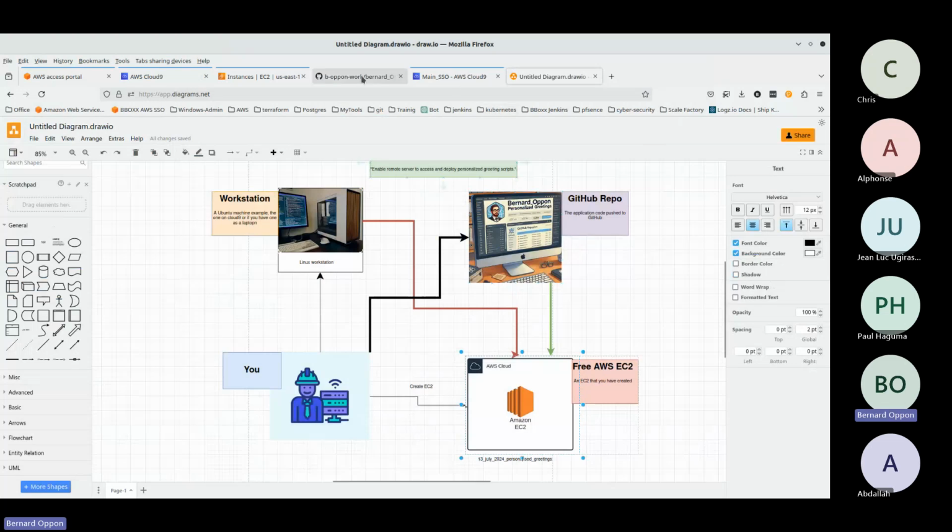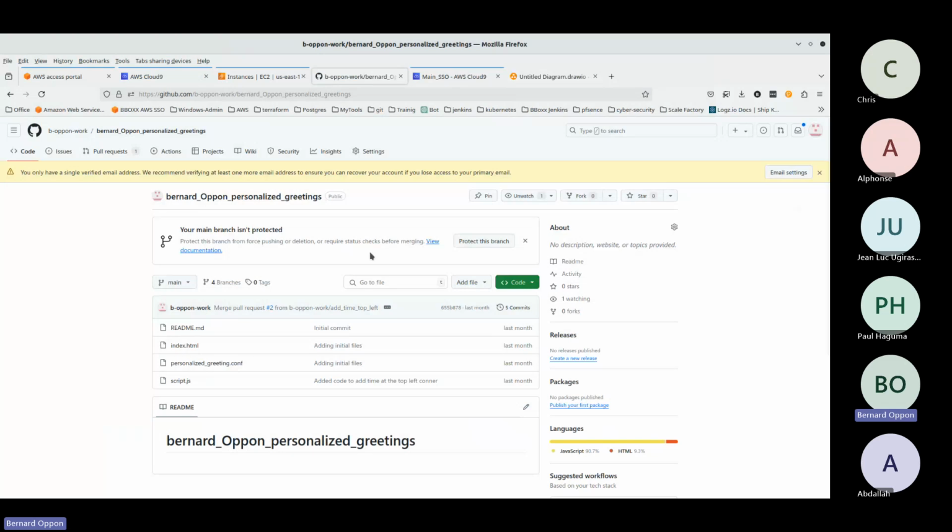The fact that you see it from here, this is the front end. It's just a machine, a Linux machine sitting somewhere running an application to let you see all of this. So what we're going to do is connect to it and pull this code. Now, in this repository,